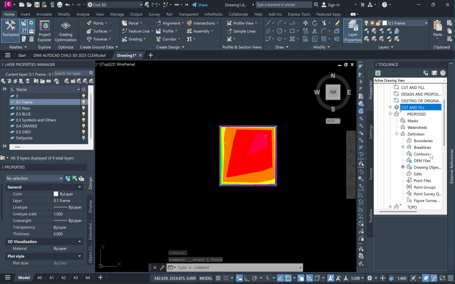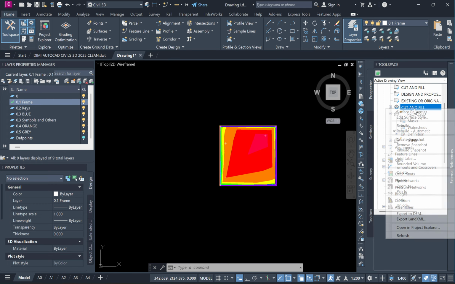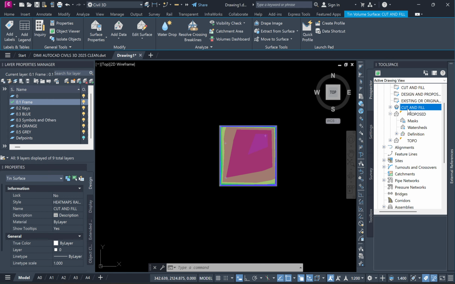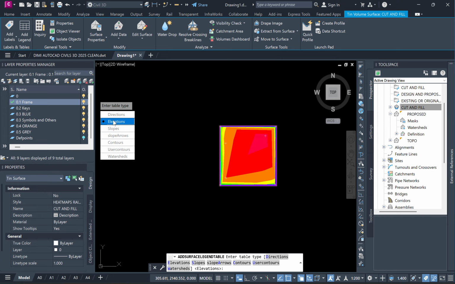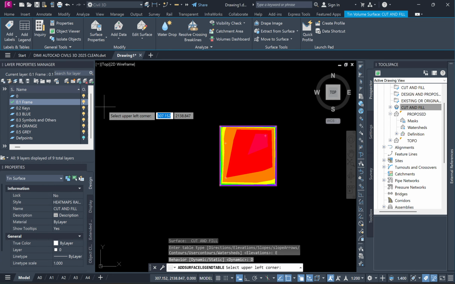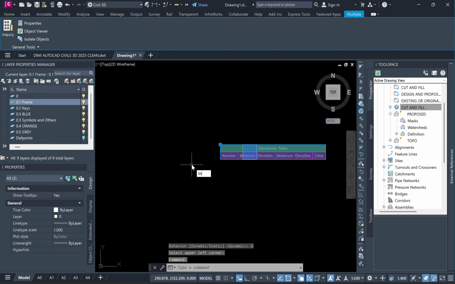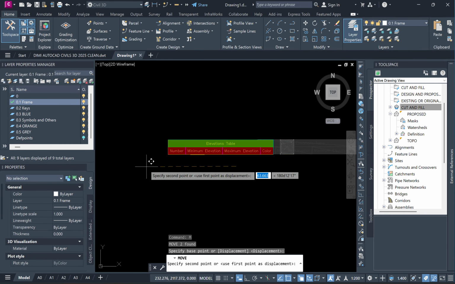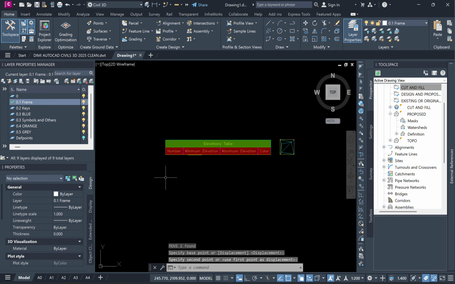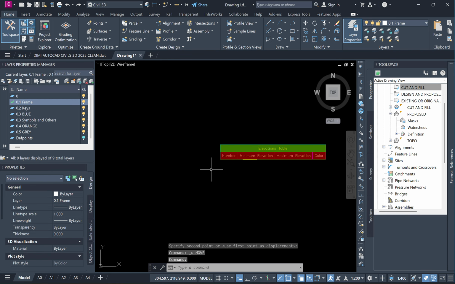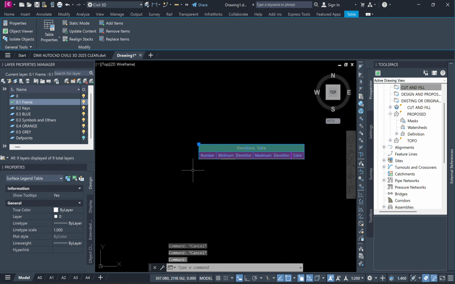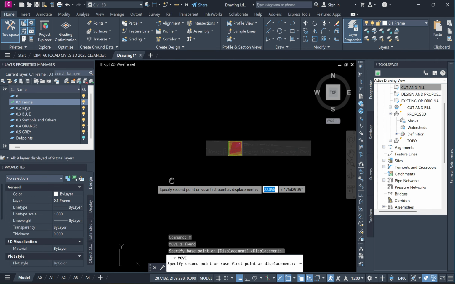And what you can do, you can select your cut and fill surface. You can go to add legend, elevations, dynamic, and you can place your elevation table next to the drawing. I'm just gonna move that one. I don't know, did I move the surface as well? I'm just gonna undo, select my table. I'm gonna move my table